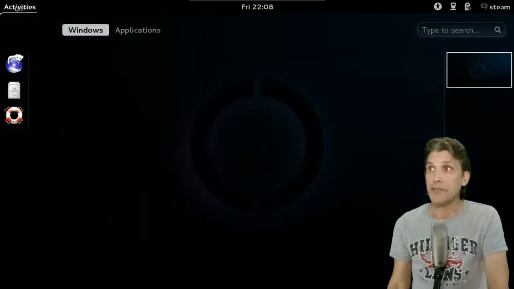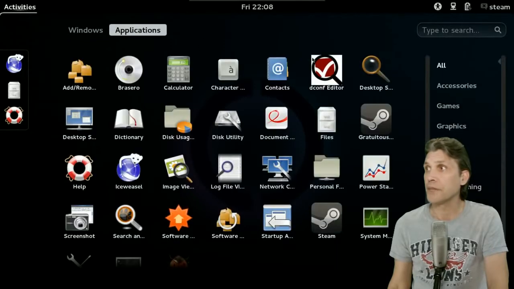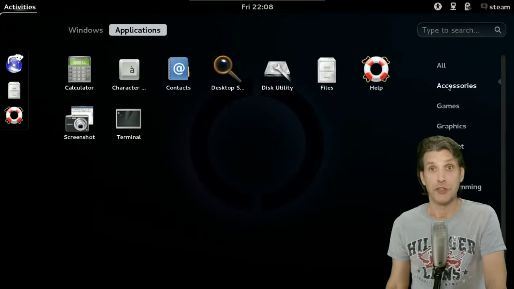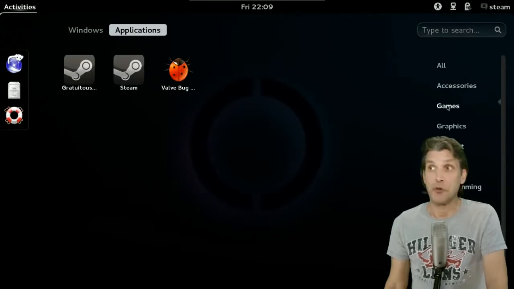If you click on your activities here and go into applications, you can see there are a number of accessories available to you: a calculator, a character map, you have your disk utilities, you have a terminal available. So if you're going to install packages on this, you will need to assign a root password from the grub menu going into the restore and assigning a password there, and then you can start installing applications on this from the Debian repositories. The only thing in terms of games is just a Steam client and a bug report tool,